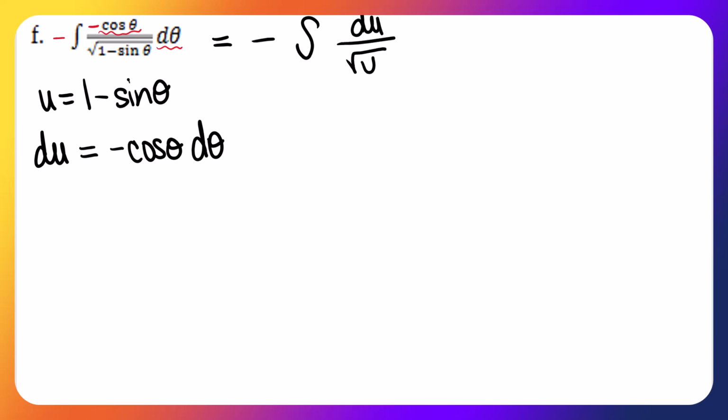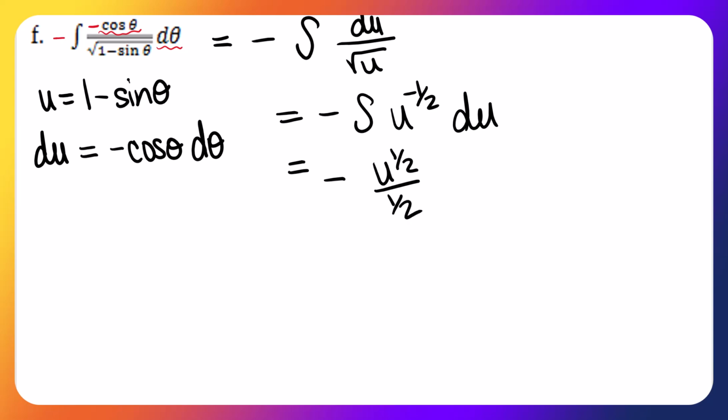In the denominator, we have that square root of 1 minus sine theta, which is the same thing as the square root of u. So in terms of powers, that square root of u in the denominator, remember, is the same thing as u to the negative 1/2. So when we use our power rule to find our antiderivative, we're going to add 1 to that exponent, giving me a positive 1/2. We need to divide by that positive 1/2 as well, which is the same thing as